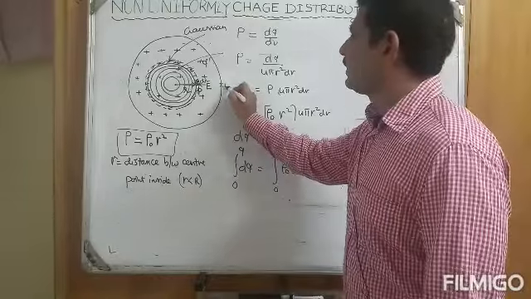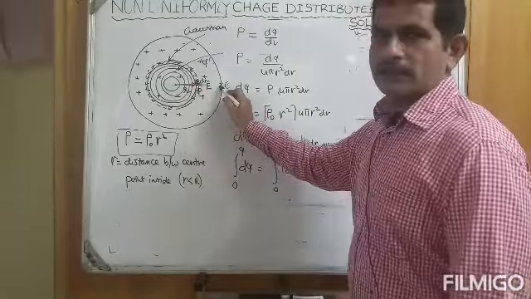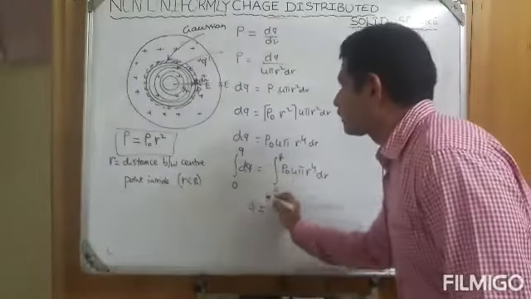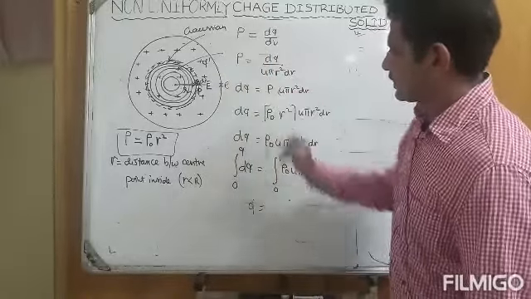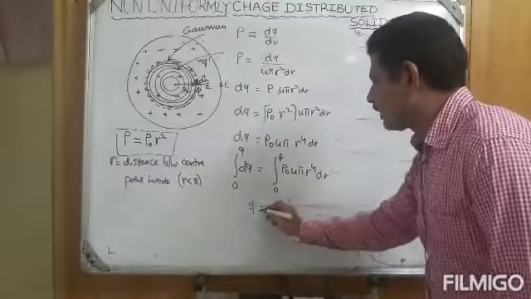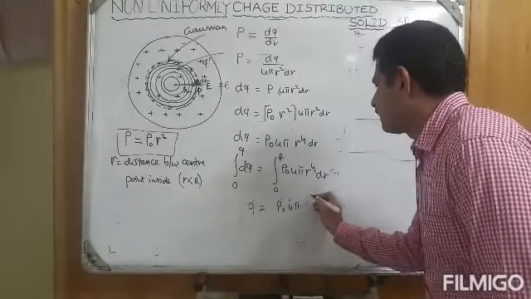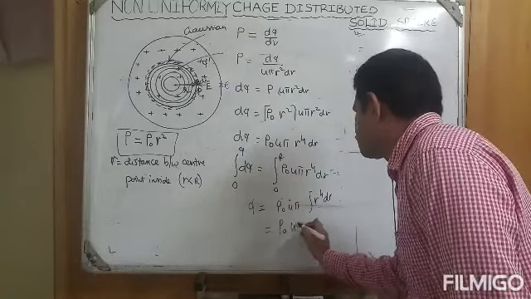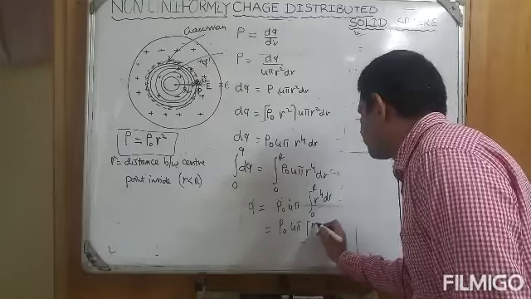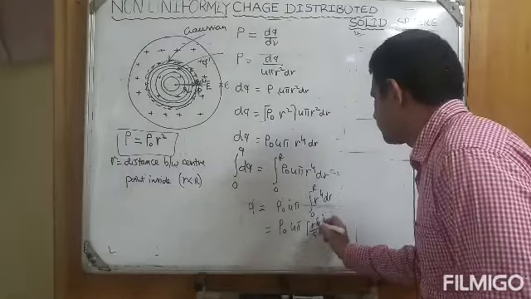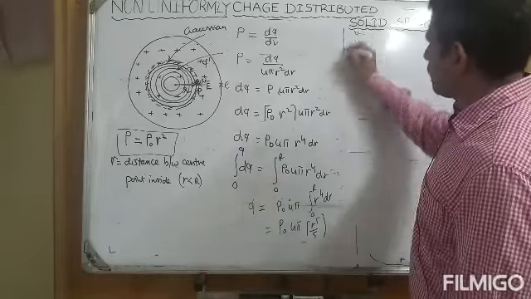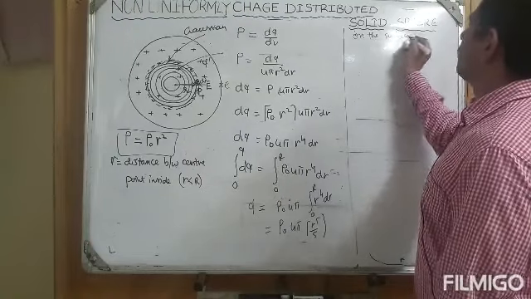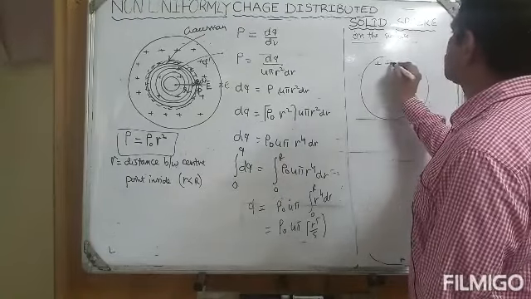If you want to find electric field intensity E on the surface, you can find the total charge, and you can take the total radius. Therefore q, the total charge inside, is equal to the integration from 0 to r, up to the surface, of rho naught 4 pi r power 4 dr, that is rho naught 4 pi into r power 5 by 5. So you can put capital R. Therefore this is the total charge on the surface of the sphere.